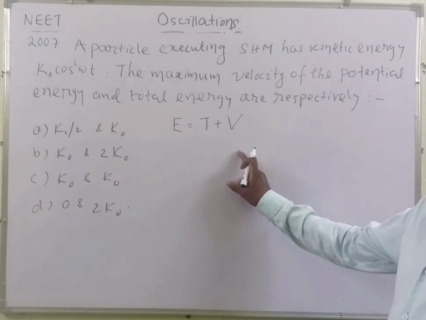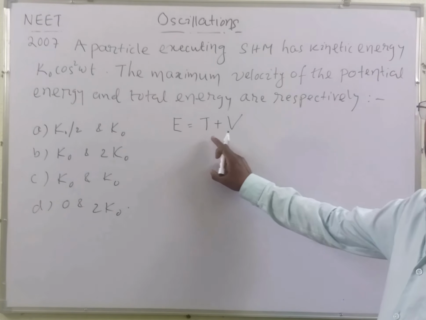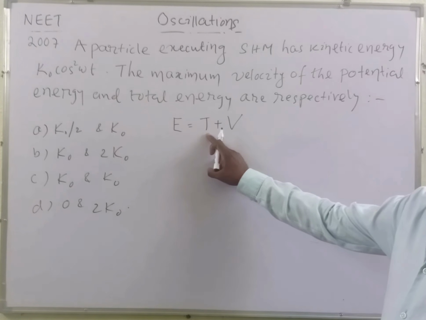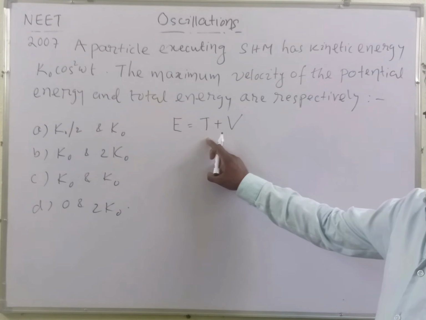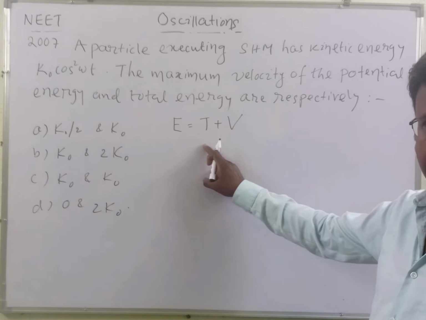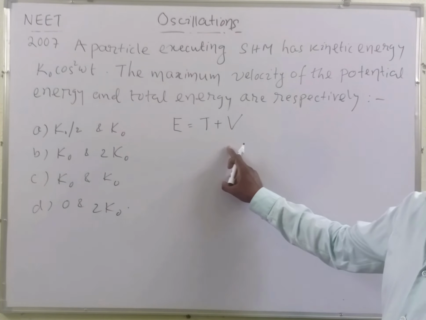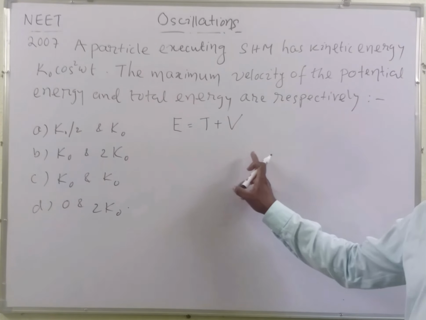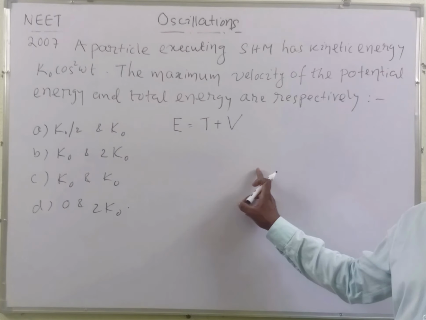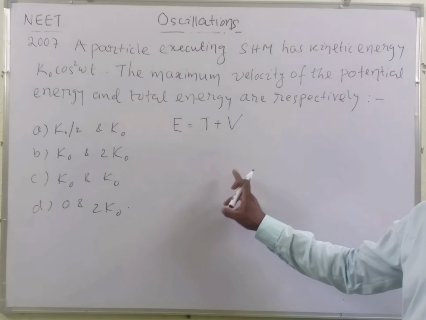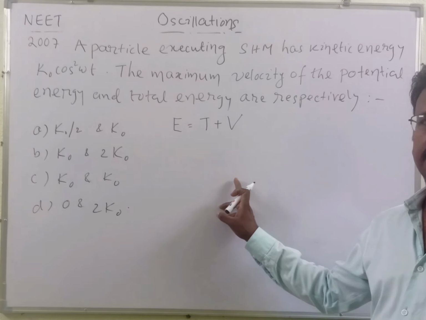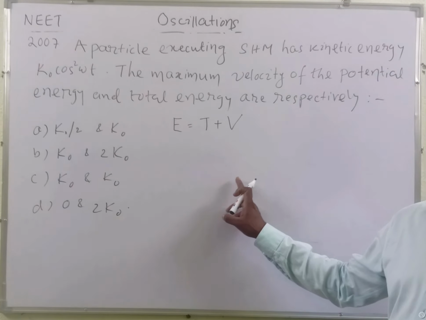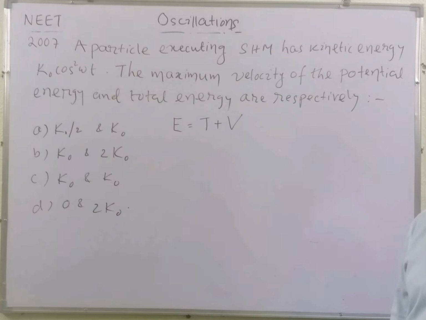During simple harmonic motion, some part of the kinetic energy gets converted into potential energy and vice versa. When the kinetic energy is maximum, that is when the velocity is maximum, at the mean position, the potential energy is zero. At the extreme positions the potential energy is the highest and the kinetic energy is zero, as velocity is zero there. In the mean position velocity is highest, hence the potential energy is zero and the kinetic energy is maximum, students.